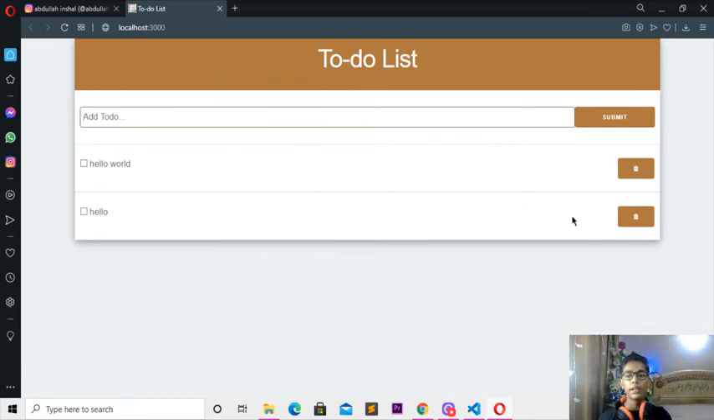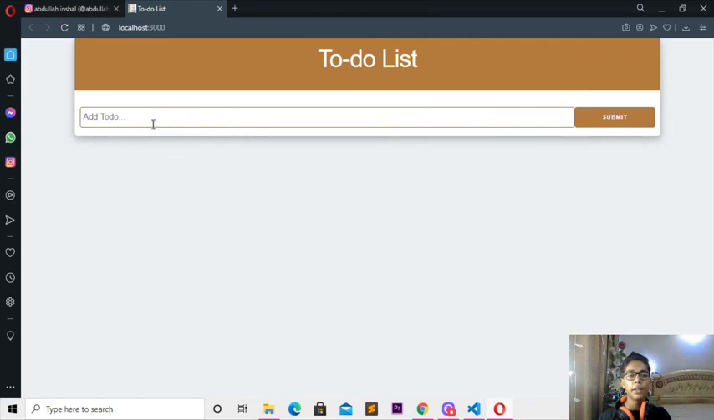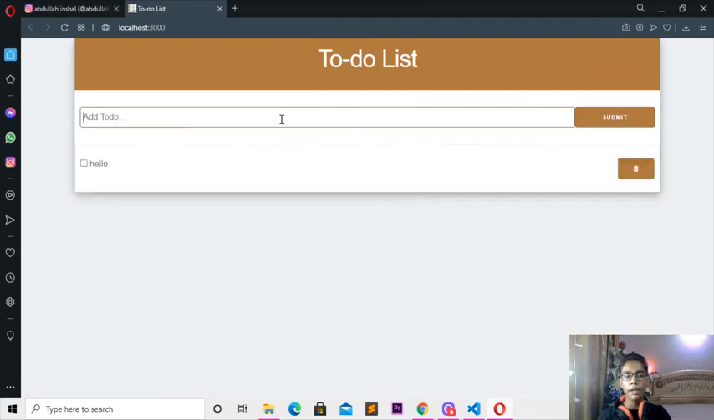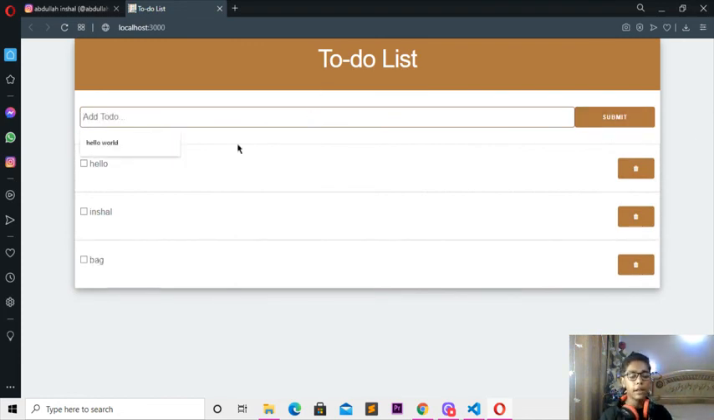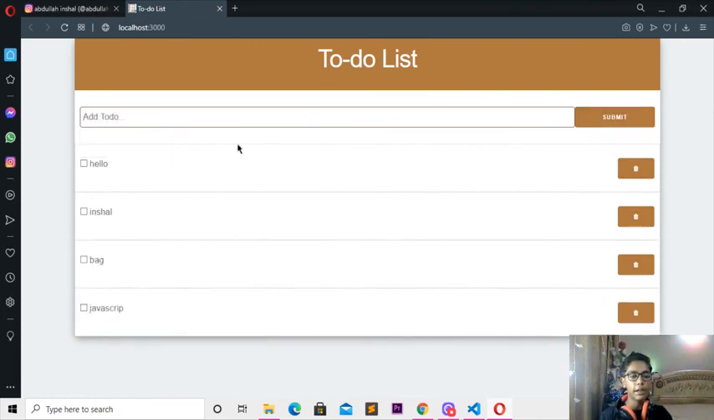You can also press npm start to run that, because I have already done so, that's why it's coming up. So you can see if I add any to-do here in my productivity app, just write here only hello. Write that, press submit. You can see it is adding. If I write my name here, it is also coming. If I write bag and submit, then if I write here JavaScript, press enter, you can see